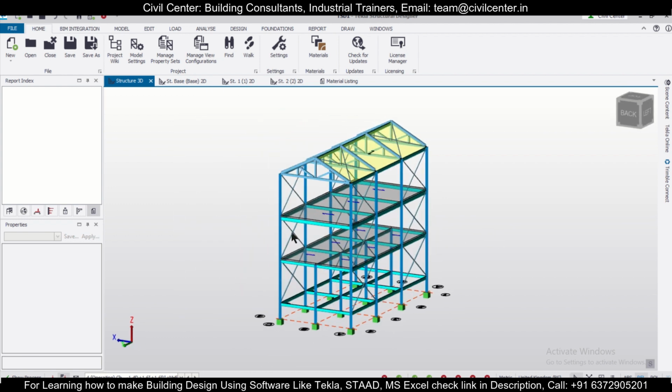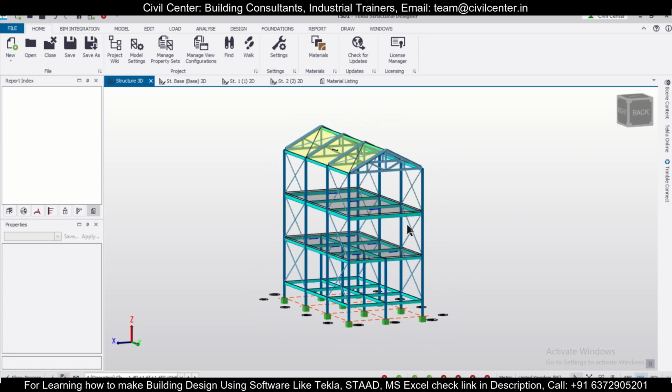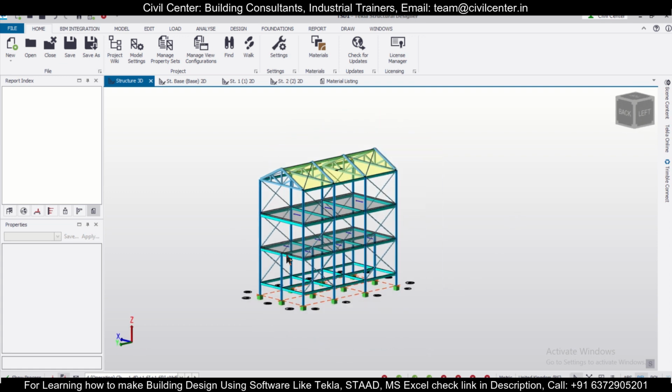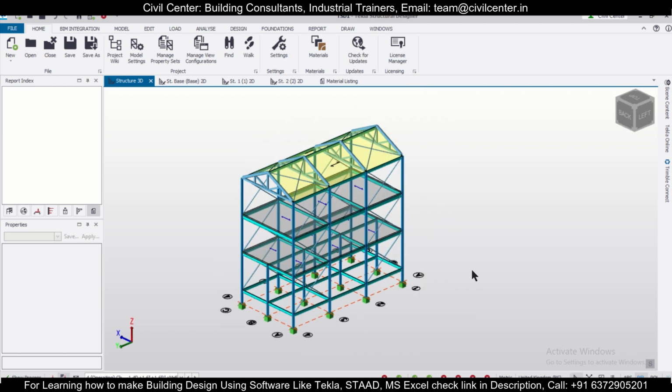So friends, in this particular video tutorial, we are going to make this particular building steel structure in this software. So we are going to cover from the very basics to the very end,